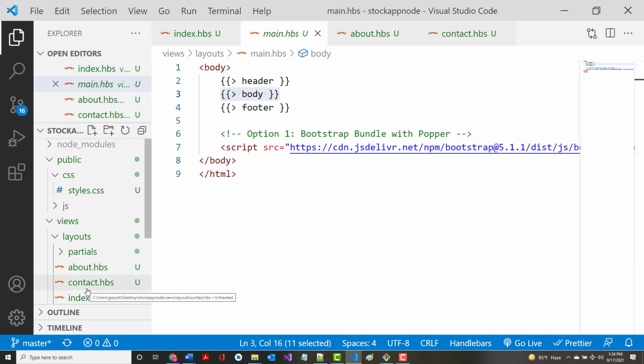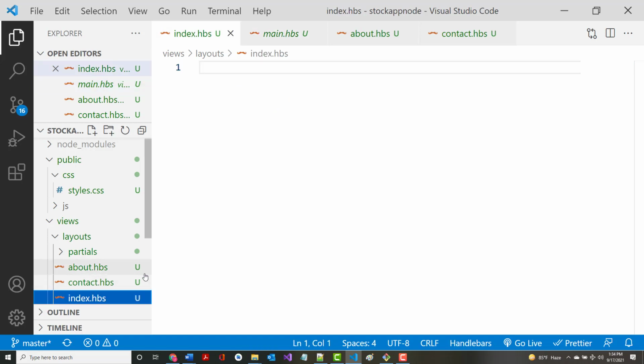We've done our main. Okay? So that one's done. That's good. Let's just do them in order, so let's go to the index one first. Now, I want to mention something to you. The way that I set mine up,